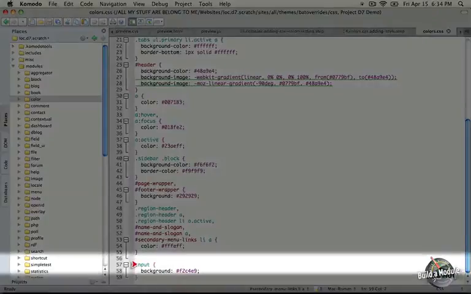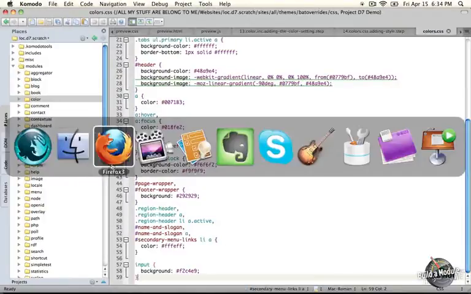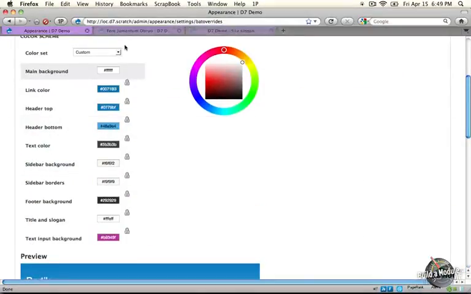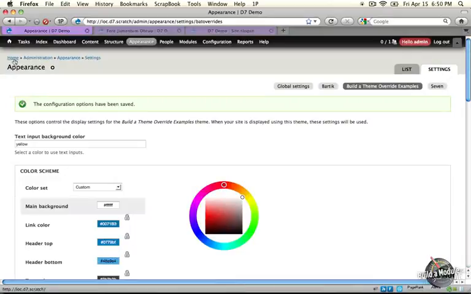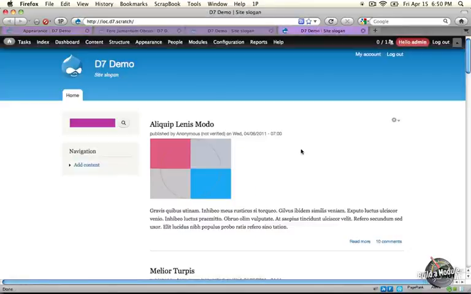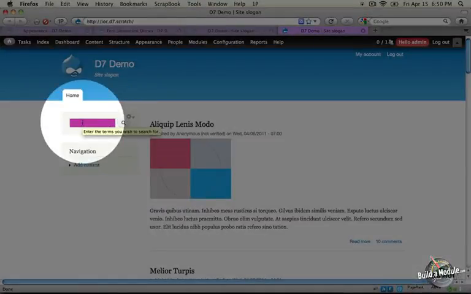Okay, so now if we save this and we go ahead and go to the browser, we need to go ahead and save this because saving this will trigger the creation of the new colors.css file based on the one that we currently have plus our custom changes. So I'm going to go ahead and click Save Configuration. And then I'm going to go ahead and open up the home page in a separate tab so we can take a look at this. I'm going to jump over to it. Okay, now in a previous example we set the background to be yellow, and now the background to the input is this dark purple, which we set as we were modifying our colors.